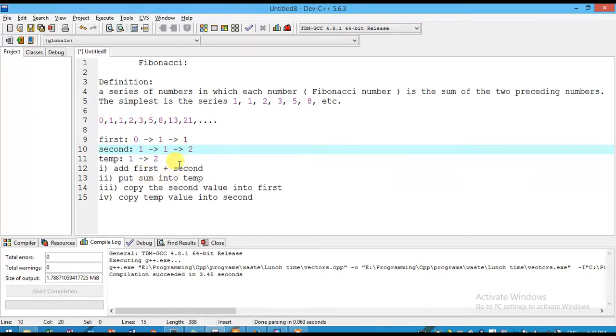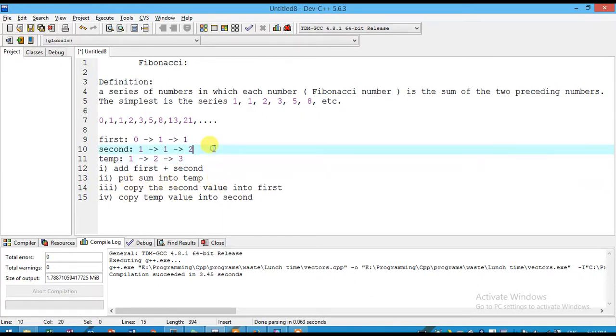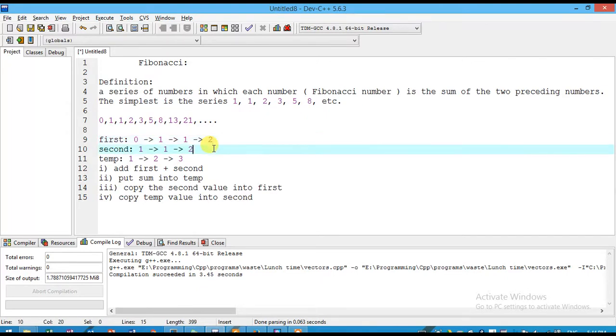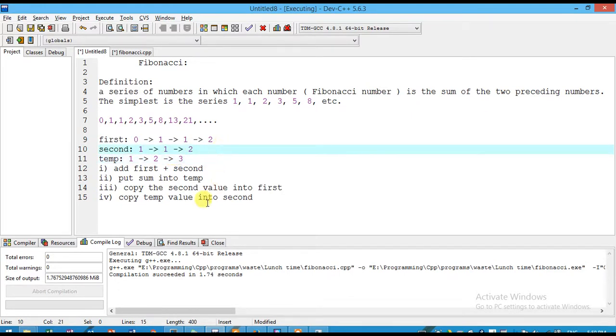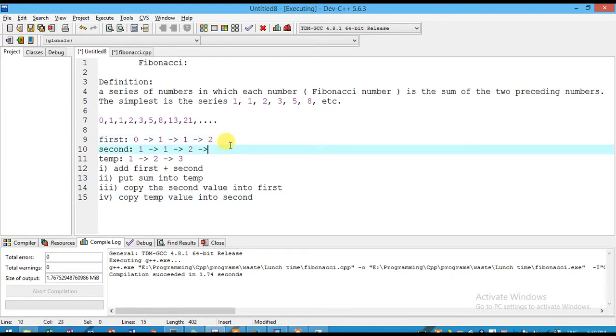Put that sum into temp, so 3 is copied to temporary. Then copy the second value into the first; 2 will be gone here. And then, as per step 4, we copy the temporary value 3 into the second.